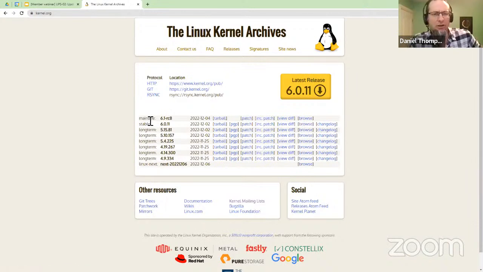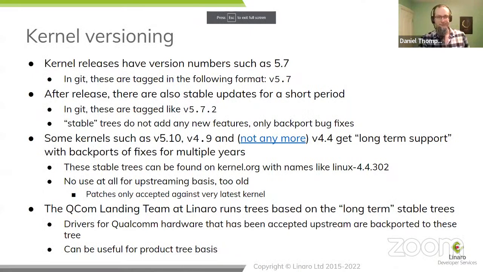The long-term kernels have fewer bug fixes than the stable kernel typically, but of course it does depend which bug fixes you need. These are the currently active long-term stable kernels: 5.15, 5.10, 5.4, 4.19, 4.14 and 4.9. You can see that these bottom two have got huge numbers of patches, and that 4.9 is now many times more patches even than 4.4. I believe 4.9 is going to go out of the support period fairly soon. So that's the kernel versions.